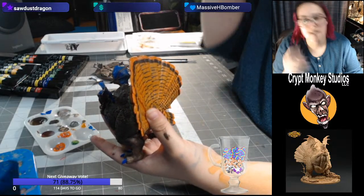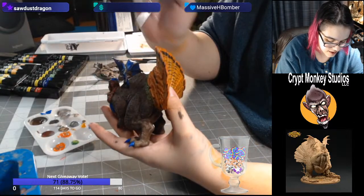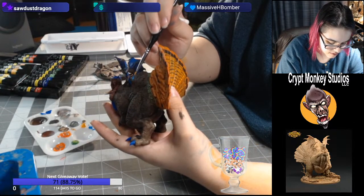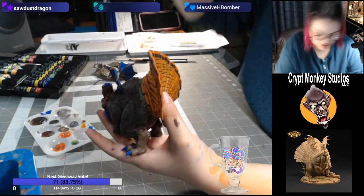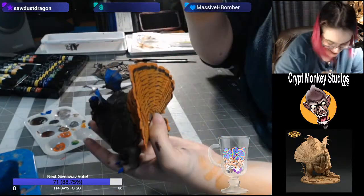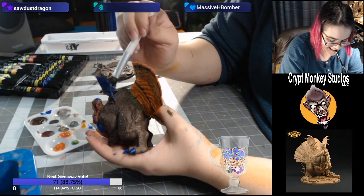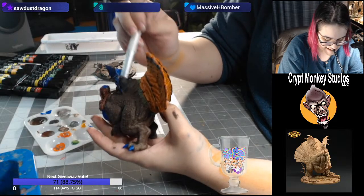Can see why he doesn't have a flight speed with those tiny wings. It's like a bumblebee. He'd have to use his tail feathers and fly like a helicopter, spinning his head around in circles. And those tail feathers would be like...